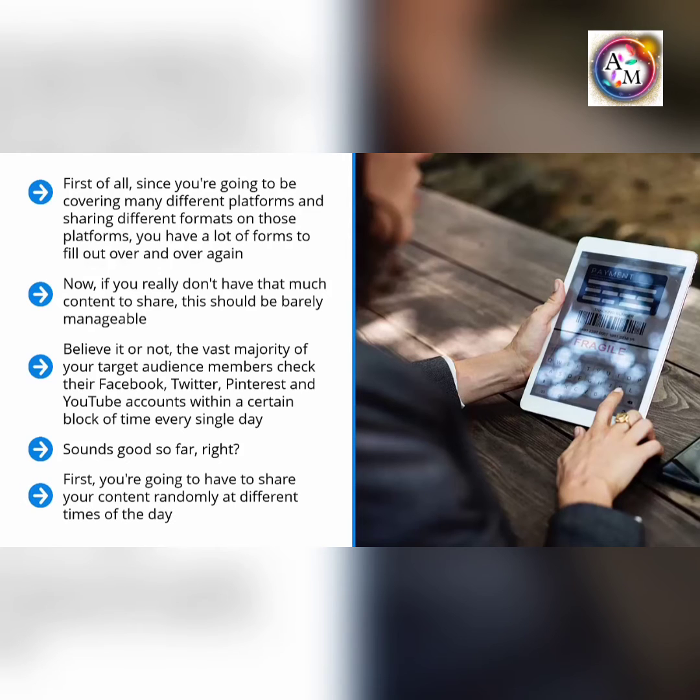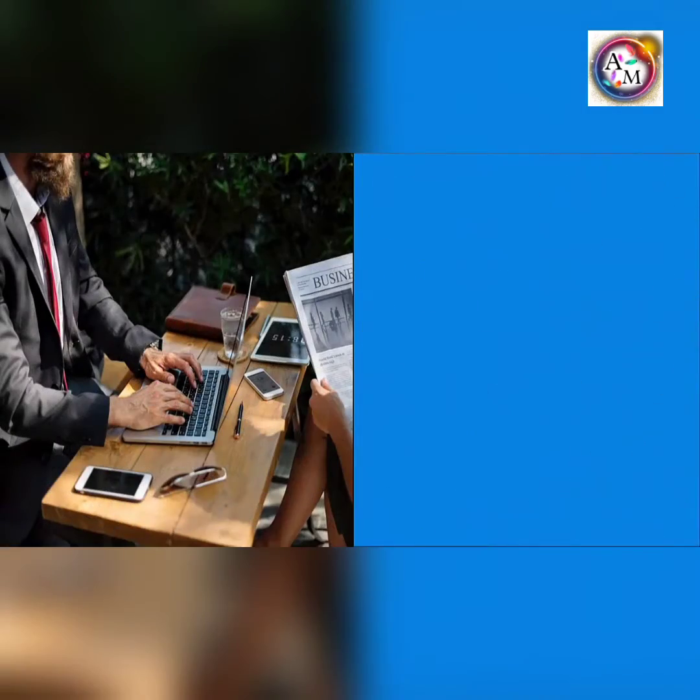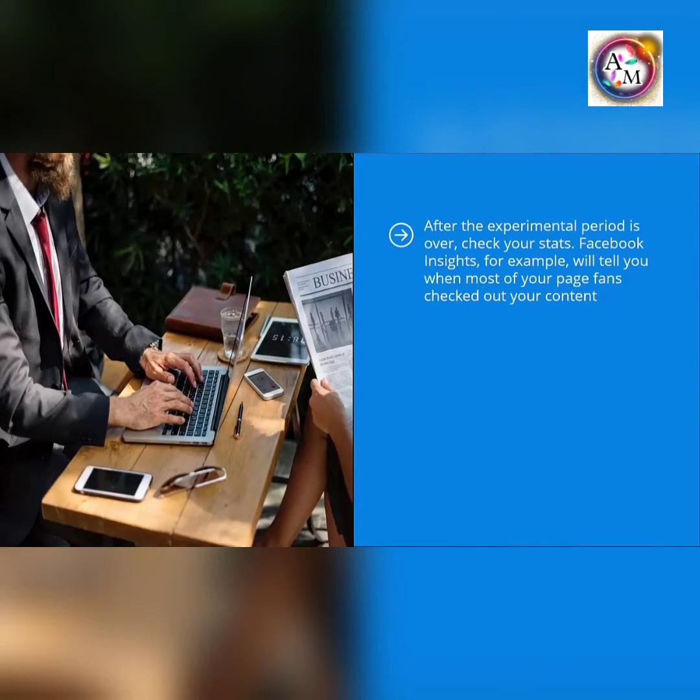First, you're going to have to share your content randomly at different times of the day. As much as possible, share content every hour. Set your content automation tools to publish every hour. Let this run for about a week or two. After the experimental period is over, check your stats. Facebook Insights, for example, will tell you when most of your page fans checked out your content. Armed with this information, you should set up your automated software to publish your content in a cluster to fit